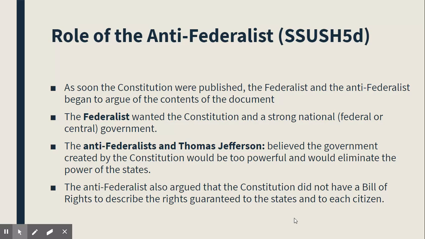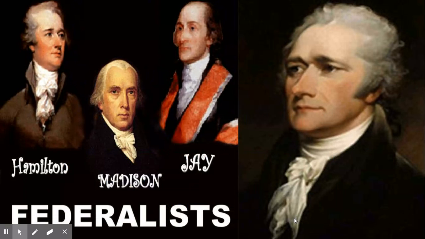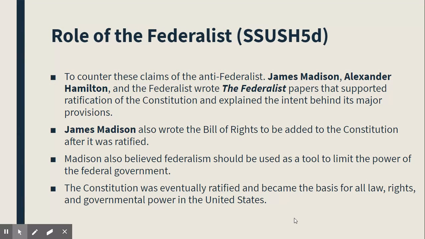Okay, and they believed that. So the two most famous ones you need to know are definitely going to be Alexander Hamilton and James Madison. Okay, so understand that those are the two that we are talking about. But the problem is the Constitution had to be ratified. And to be ratified means to be signed off, to be approved. But it wouldn't get ratified until something happened. And that something that had to happen was what we call the Bill of Rights.